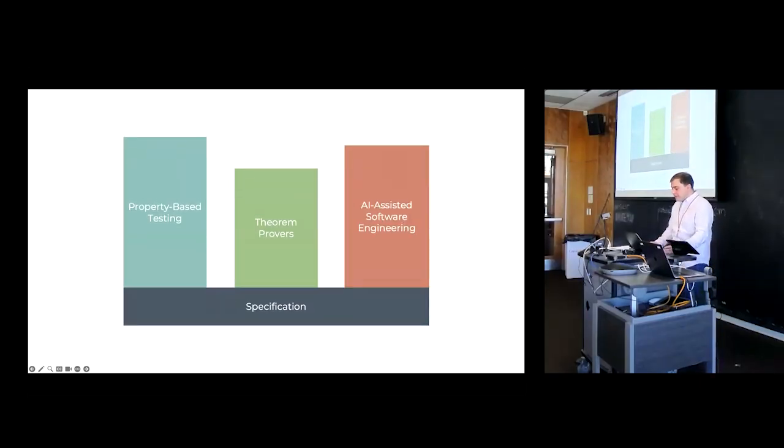Specifications are also a critical foundation of the modern software engineering ecosystem. They're required for advanced approaches to testing, like property-based testing. They enable both automated and interactive theorem proving, and they may be the key to keeping AI-assisted software engineering tools in check. Given how critically important specifications are, we wanted to explore what we thought were some straightforward research questions